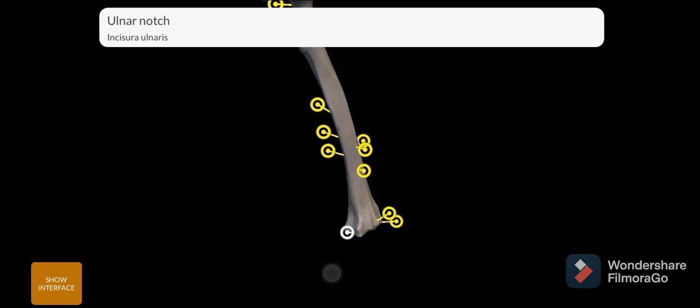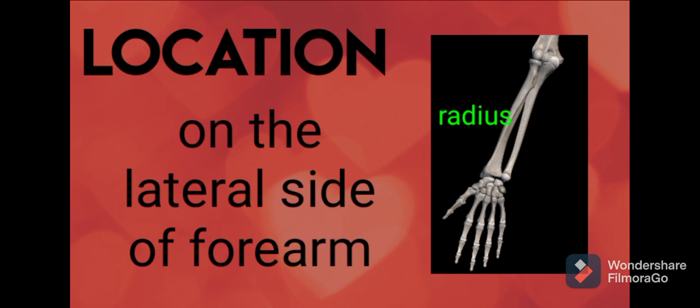On the middle of the distal surface of the radius, there is a notch for the ulna, which is called the ulnar notch. On the dorsal distal surface of the radius, there is a raised bony area which is called the dorsal tubercle. The word radius is derived from the Latin word radius, which means spoke or ray. It is called so because it acts as a radius of a circle.